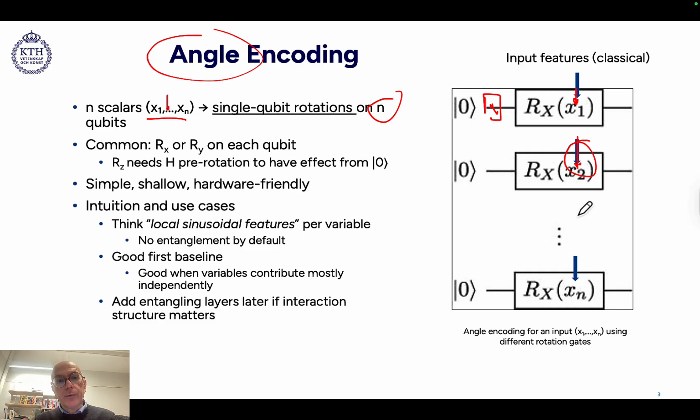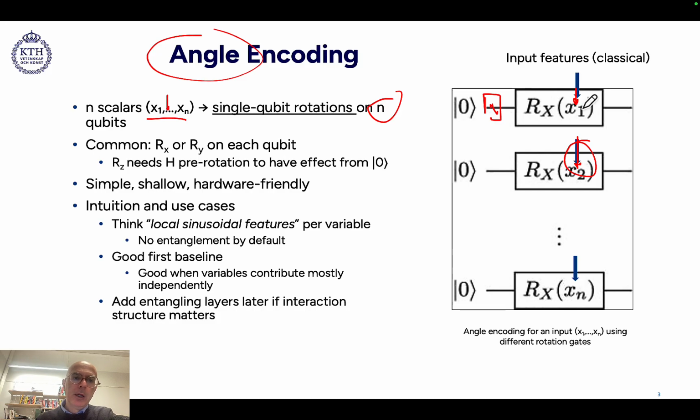And so forth, and so on. You can really understand that if we have n dimensions in our input vector, then we will need n qubits on which we are going to rotate, maybe Rx, Ry, and then